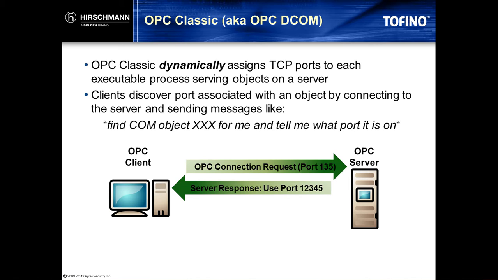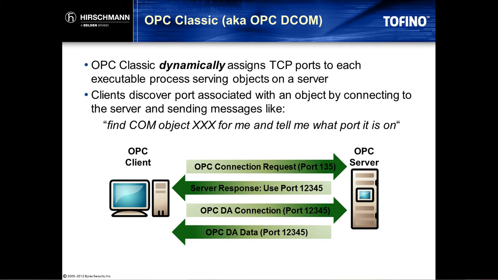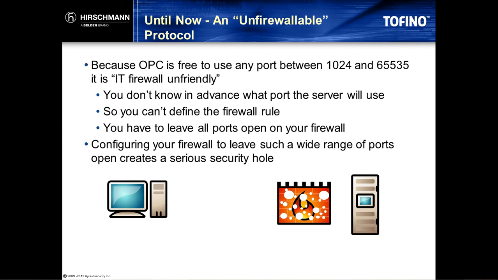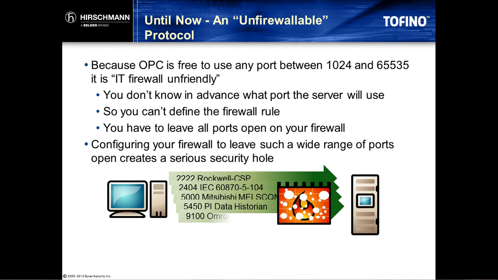The second step is another TCP connection that is created by the client back to the server on that new TCP port number that the server gave it on the first connection. And once that connection is established, the OPC client can read and write that data object to its heart's content. Now, the tricky part about this from a firewall perspective is that we have no way of knowing ahead of time what that port number will be for that second connection. In this example, it's 12345, but in fact, the way DCOM works, it could be basically any port number between 1024 and